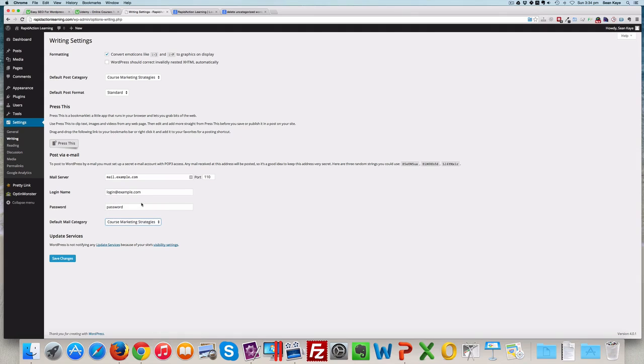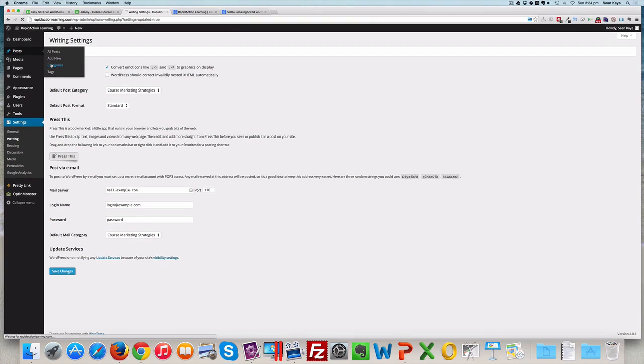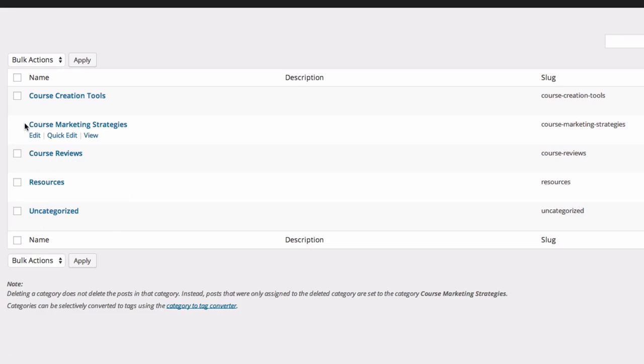So what this allows you to do is actually create new posts by emailing a mailbox, and your site will pull it down and it'll post it. We tend not to use that ever for anything, but we'll just change that default mail category. We'll click save. Now if we go back to posts and categories, you can now see that this one is